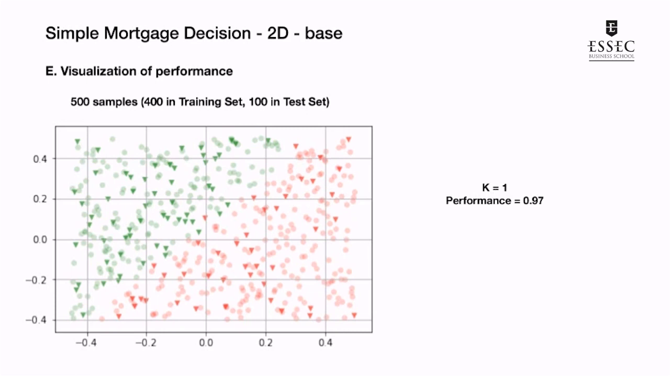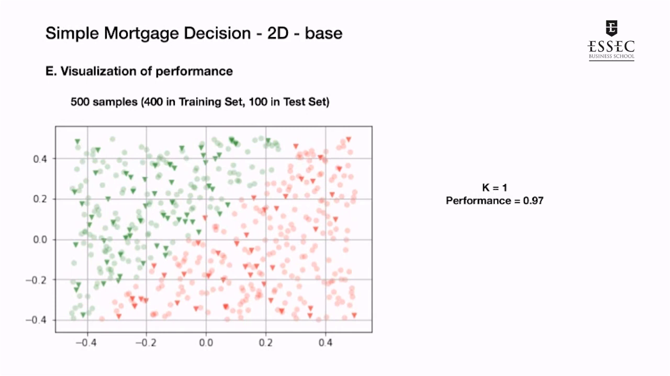Now let's see the performance. So here we are running this on 500 samples, 400 in the training and 100 in the test. So the samples in the training set are the dots here. You have the red dots, which are where it was refused, and the green dots where the mortgage was accepted. And I put them a little bit in light so that it doesn't paint the whole picture. Okay, and then in the test set, these are the triangles,